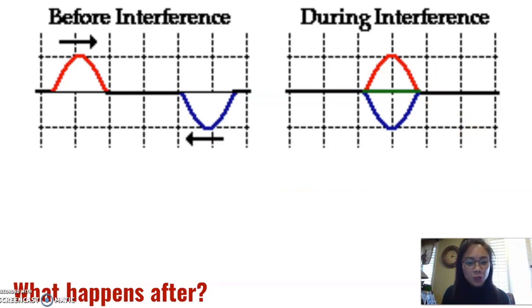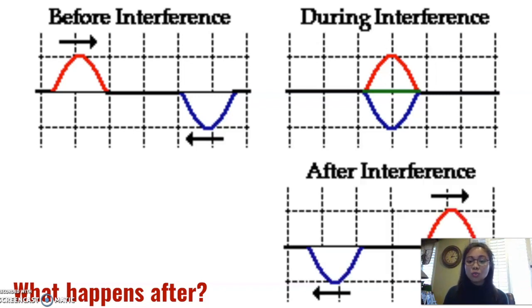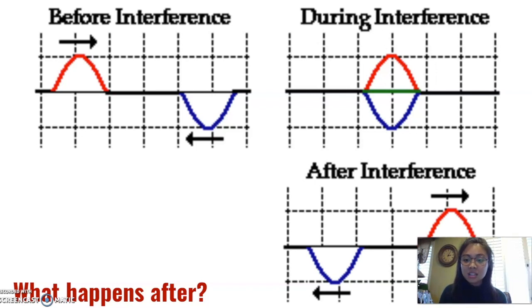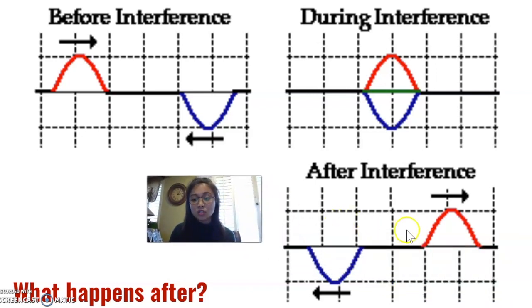Is this destruction permanent? Will the waves cease to exist after this interaction? Turns out, after the interference, the waves still exist and continue traveling in the same respective directions they were traveling in before. The red wave is moving to the right before interference, and after interference, it will still be moving to the right. It is not destroyed. Same with the blue. The blue is moving to the left before interference, and after interference, it's still moving to